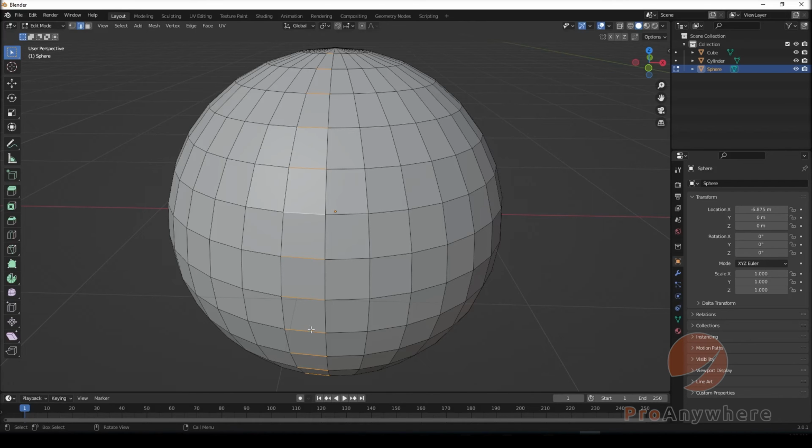You could do this again on the different components like vertices, edges, and polygons. So